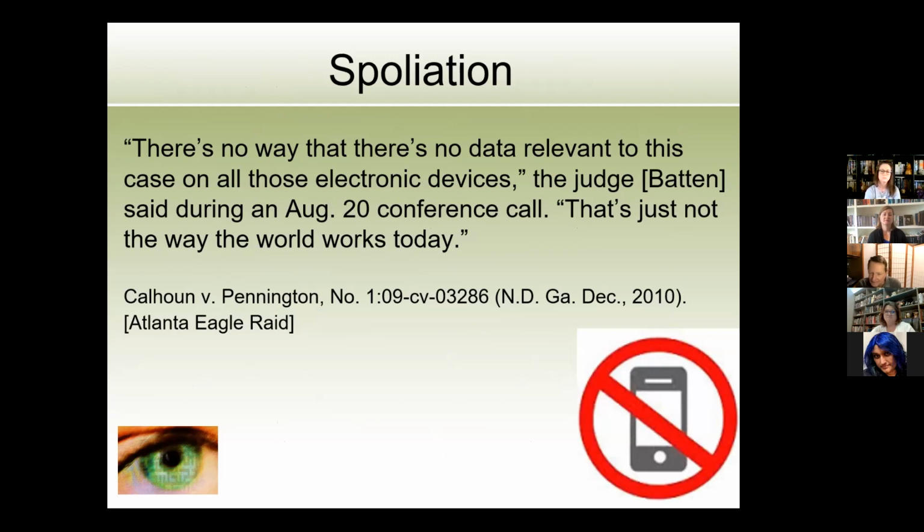The case settled, the magistrate judge and the district court judge, in like, I don't know, 6 weeks. And the victims, the petitioners, got over $1 million in damages to share amongst themselves. And the police department went under federal district court observation and monitoring for 3 years because they had to make policy reforms within the police department as overseen by Judge Batten for 3 years, which actually has never happened before in any case except for where the Department of Justice went after the municipal police department. That's the only scenario in which that ever happened.